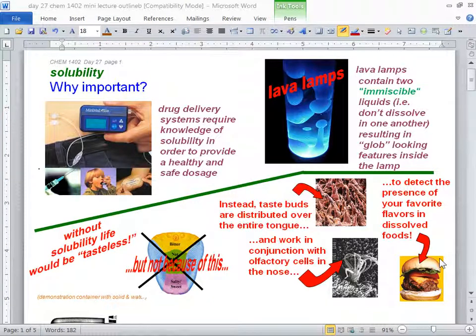So how well does something dissolve in what, Alyssa? All this water. This is all about water and nothing else, which is fine because water is pretty much everywhere, right? So it makes sense to just worry about how well something dissolves in water. I mean, our bodies are pretty much all water. So whether it's a drug system or trying to get taste on your tongue, pretty much everything needs to dissolve in water. And if it doesn't dissolve at all, you'd have something like a lava lamp, right? They don't mix at all.